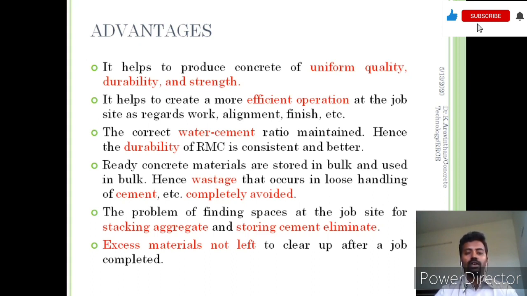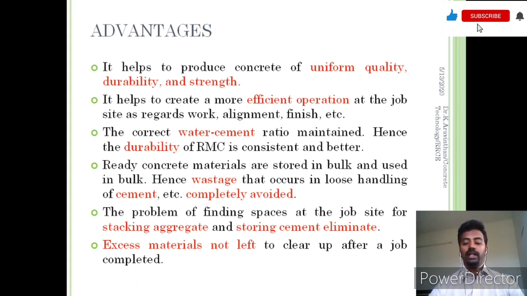And if you are going for site-mixed concrete, you will require a place to store the aggregate, cement and other materials. There is also a disadvantage that those materials will be affected by the environment. The concrete may get hardened due to the humidity of the area.